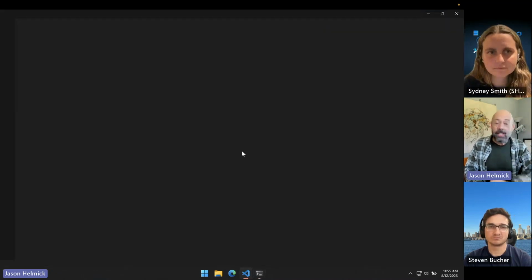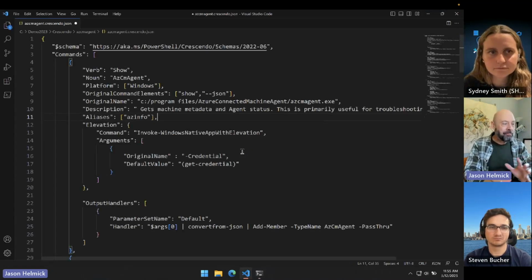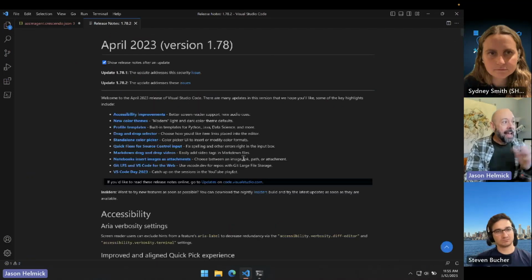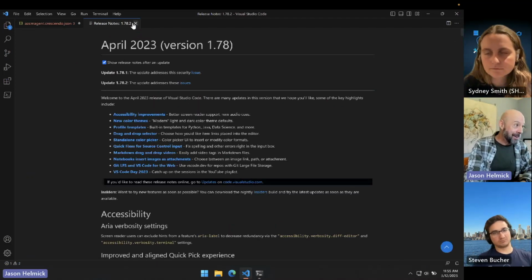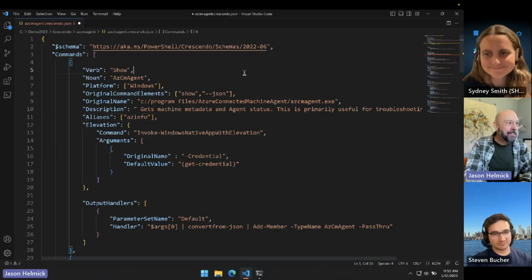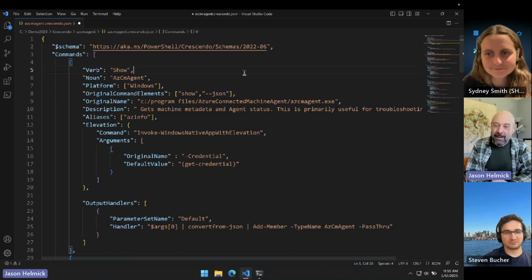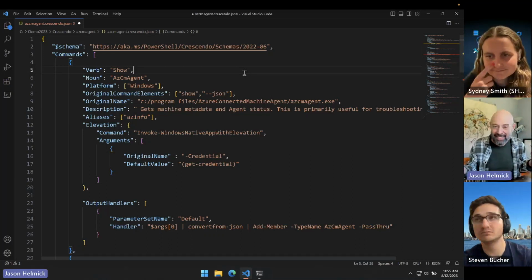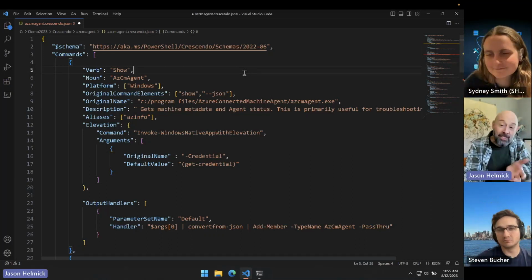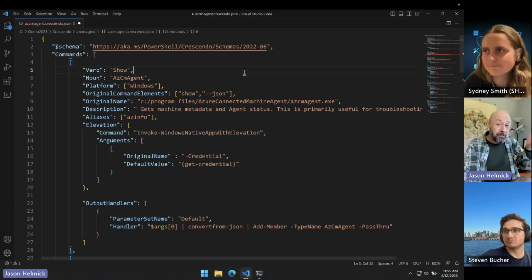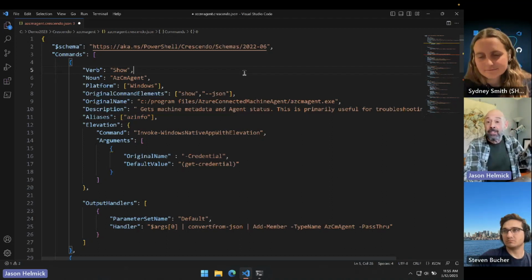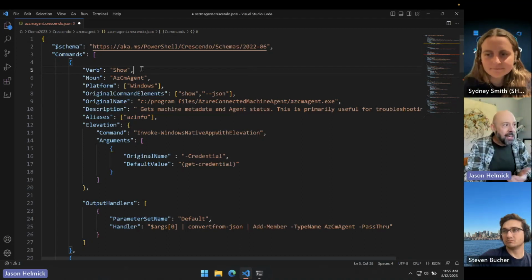I'm going to go into this JSON, and just as an example, I was just sitting around messing with the Azure Connected Machine agent, and I wanted to instrument it all as commandlets. So all you have to do in this JSON, and you can either do this by hand, or we've got commandlets that will build this for you, is tell me